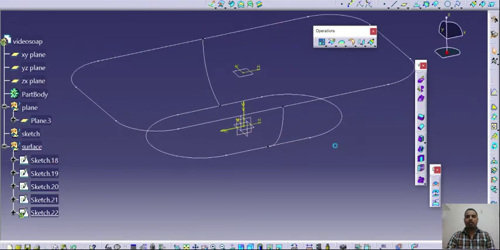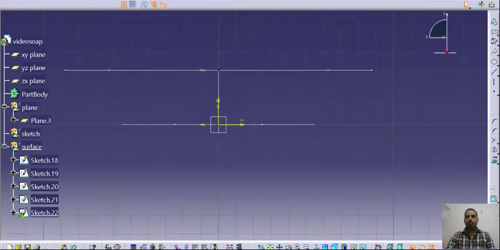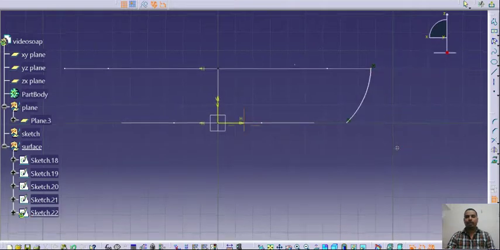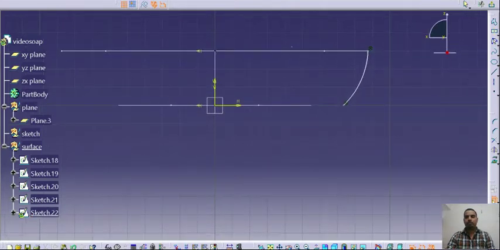Then we will create two more guide curves. So I will create a sketch, and I will make these 2 points coincident. In order to make this point coincident, we need to have a reference of this.